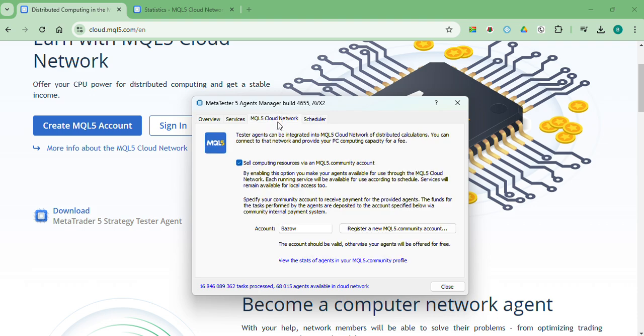And when you move to the MQL5 Cloud Network tab, you should always check this box so that your services will be eligible and funds will be sent to your MQL5 community account. And to make more money